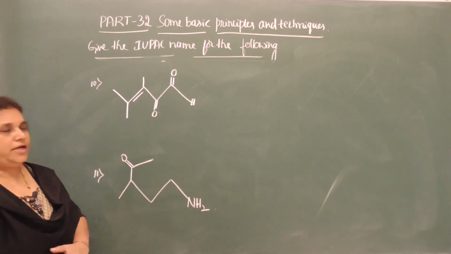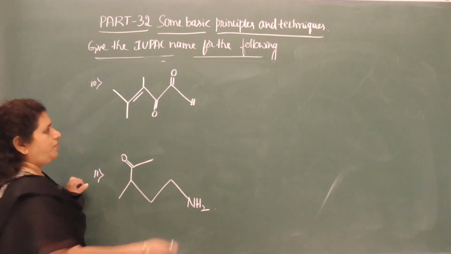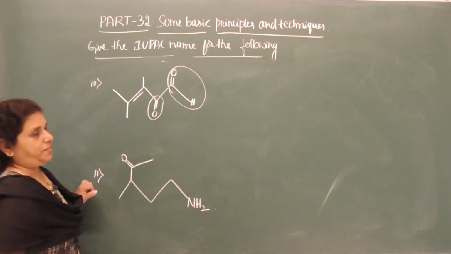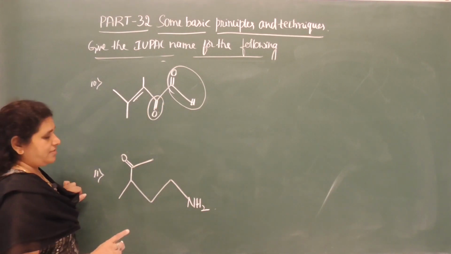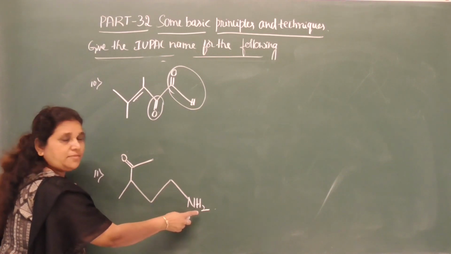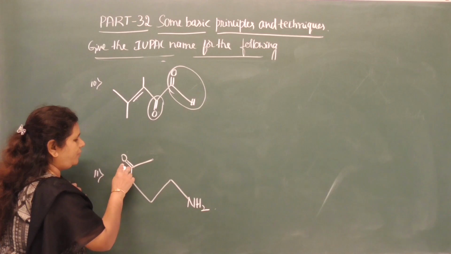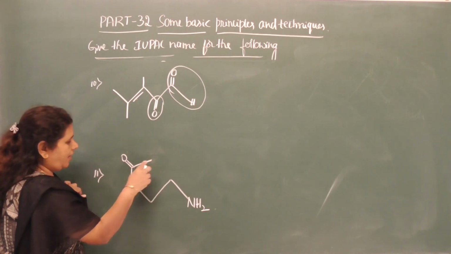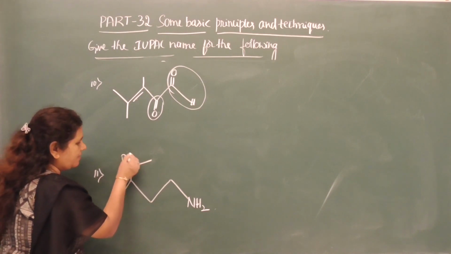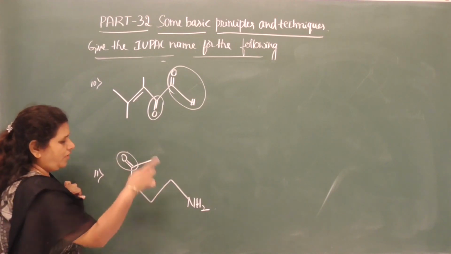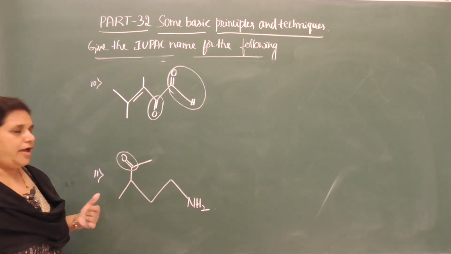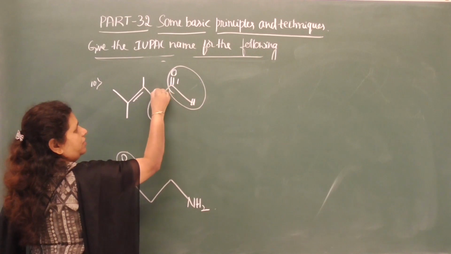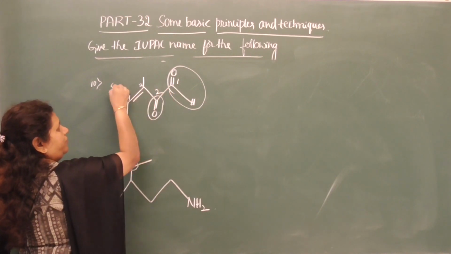Okay. So look at the functional groups. See here, an aldehyde functional group is there, a ketone functional group is there, along with that a multiple bond is also there. And here we have a primary amine functional group. Here it is a terminal position, meaning it is CH3 here, and this is C double bond O, then it becomes a ketone group, correct? Now select the carbon chain and try to give the IUPAC name. You need to give the number from this end, 1, 2, 3, 4, 5.